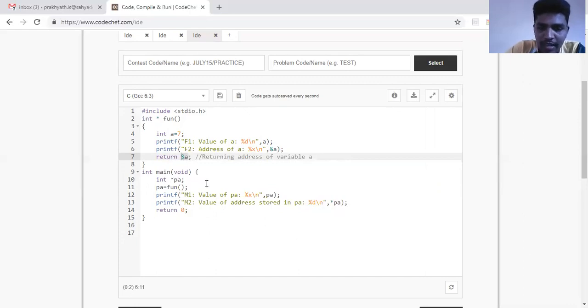So this line, I can write it as PA is equal to ampersand A. It's the same. Why? Because that function is actually bringing me ampersand A. So I have just written ampersand A in the comment instead of that function, because this line is doing only that much.